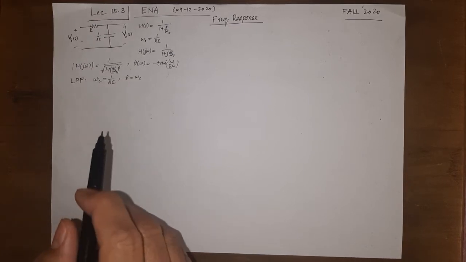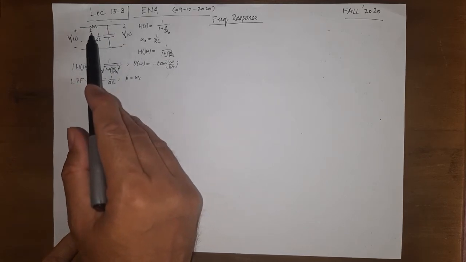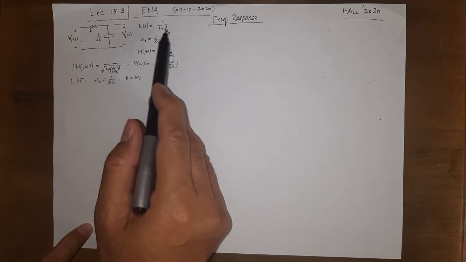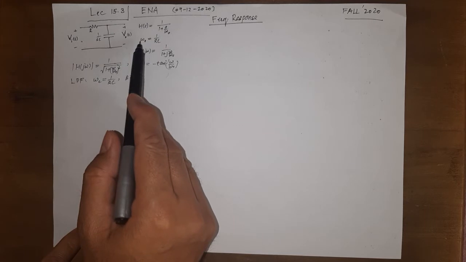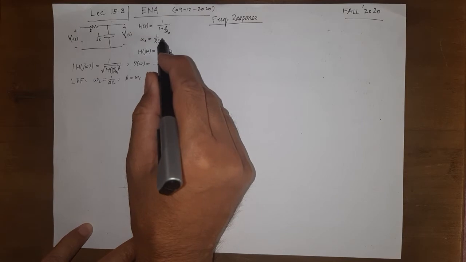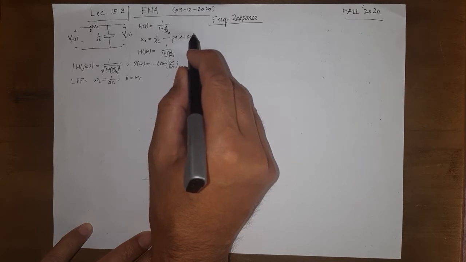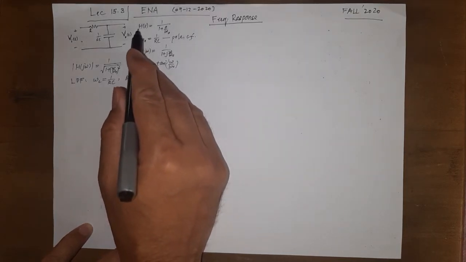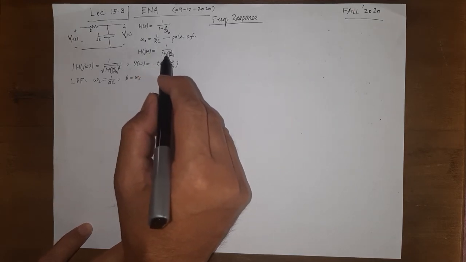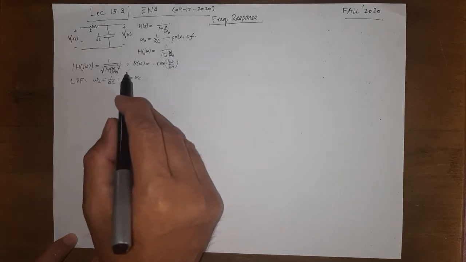In our study of the frequency response of this RC circuit, we saw that the transfer function, if written in this form, and where for this particular circuit omega naught was equal to 1 over RC, this was a pole for this circuit or a critical frequency. Then from this H of s, by putting s equal to j omega, we can find the relationship for the transfer function, that is, how it depends on the radian frequency.